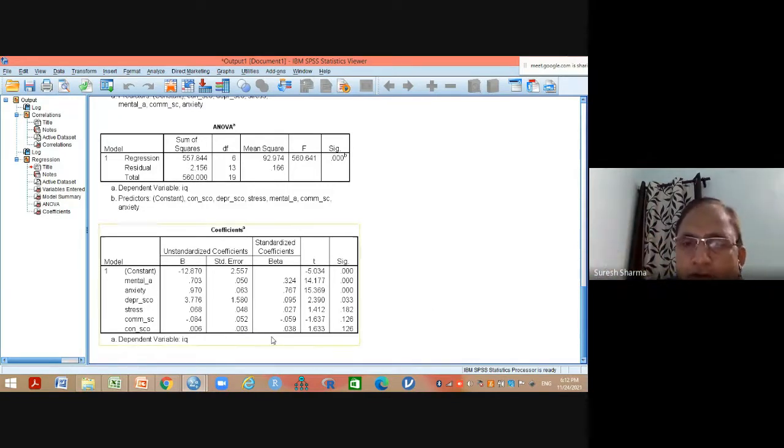Now, very important point. In multiple regression, people make a mistake. If variables are non-significant, there is no contribution to predict IQ, then they should be thrown out of the model. Yes or no? Yes, sir. Why are we retaining them in the model unnecessarily? Is that okay? Because there is no contribution.